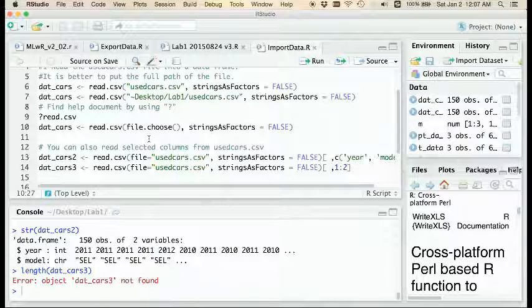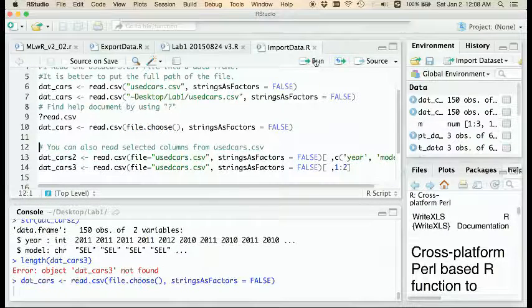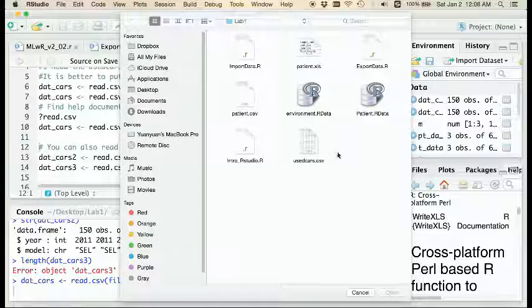Another way to open a CSV file, which I think is really helpful because I usually use this method, is to pop up a window and choose the file from your computer. If you do not know the exact location of the dataset file, or you don't like to enter the file path, I will change this path to a function called file.choose. So let's run it to see. It will directly pop up a window,